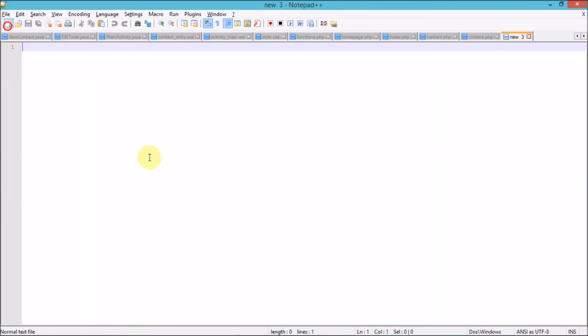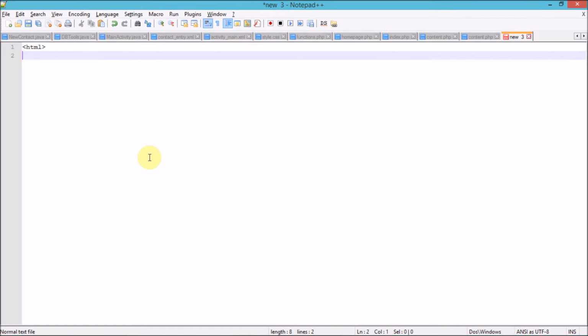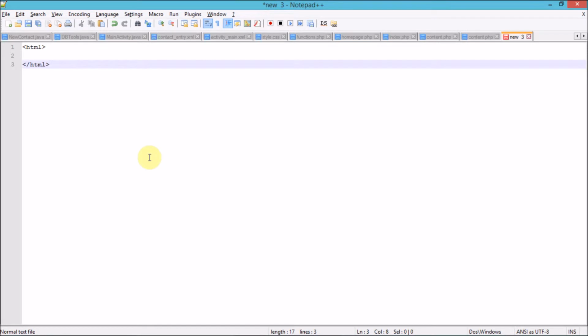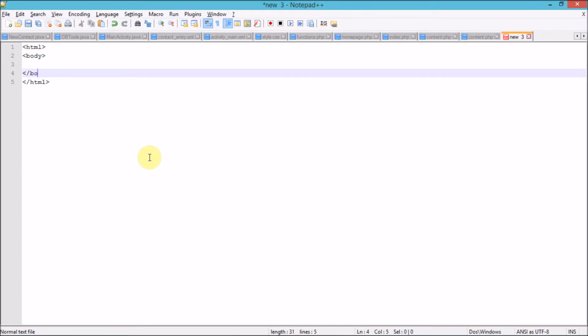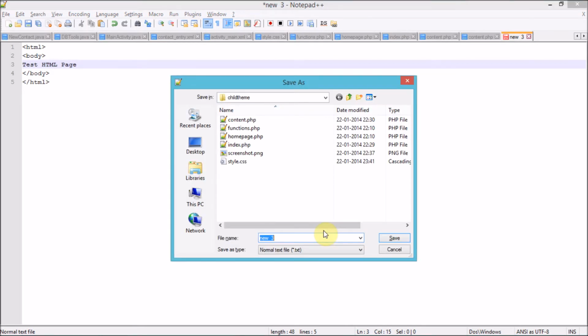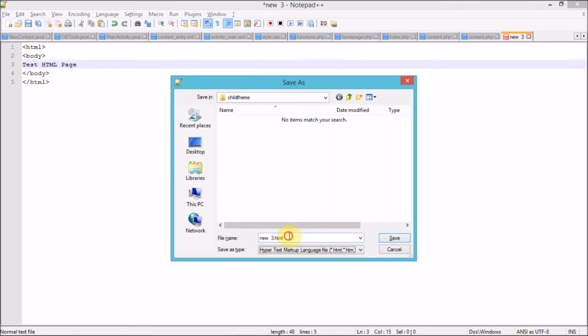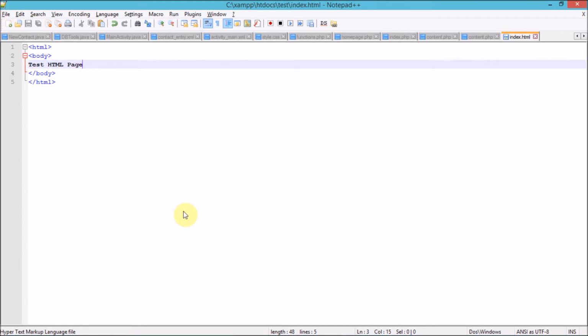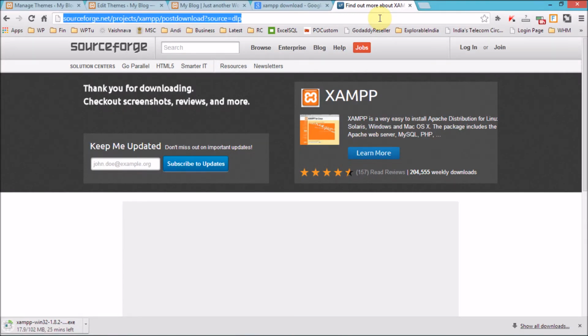Now here I will create an HTML file. I am not using any other tags, just for the test. Page, and save it. Here we will save it in htdocs test. Save it. Now if we go to our localhost test,